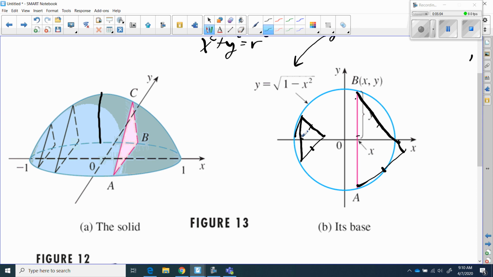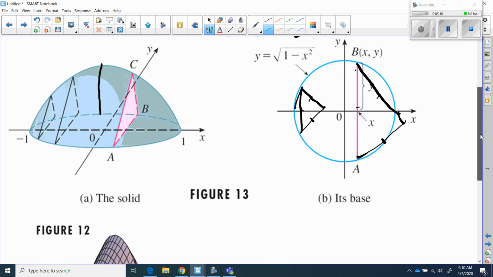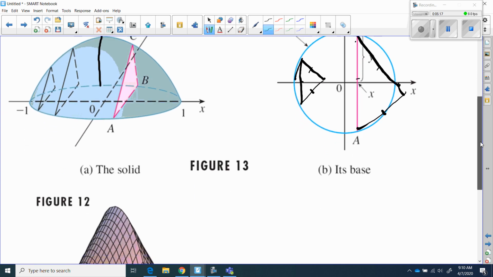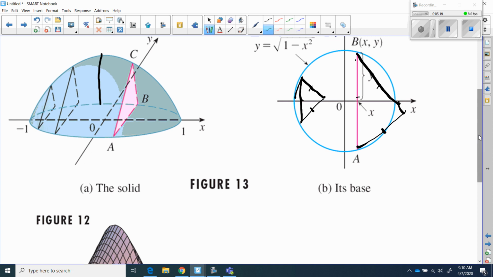So what we're going to do is get the area of each one of these triangles, and then we're going to sum the areas and do that through integration. So I'm just going to draw one of these triangles so you can see it. So let's take that one that I drew up here. So this triangle right here, if I just draw it out,